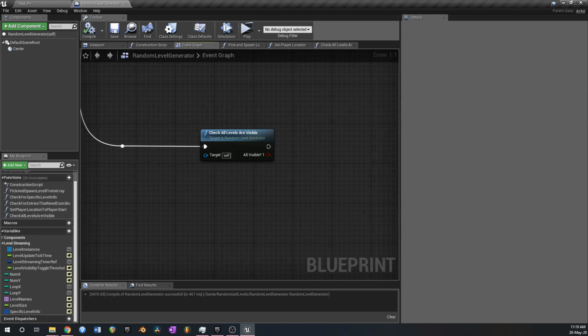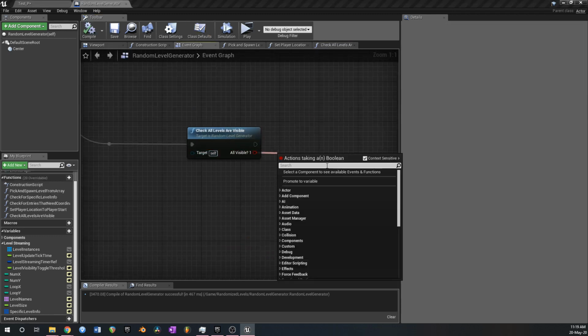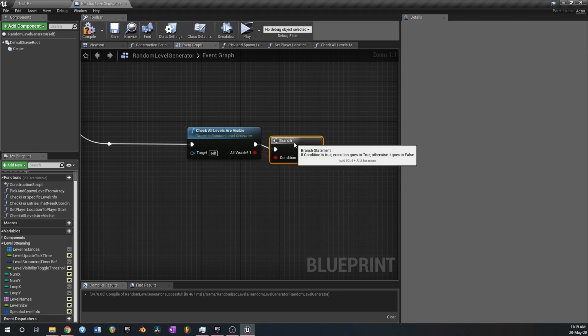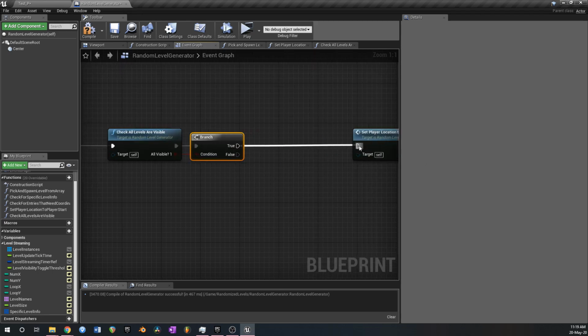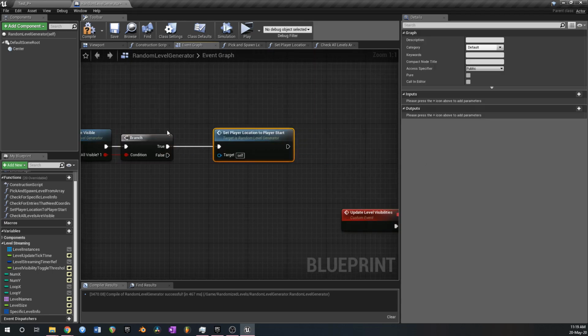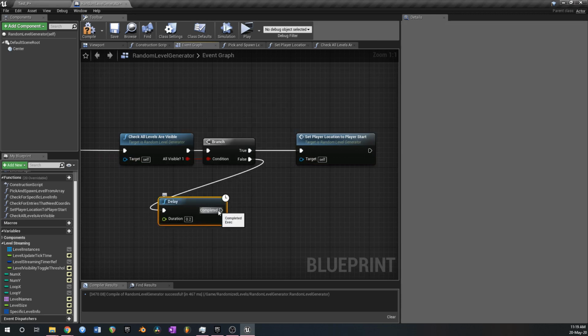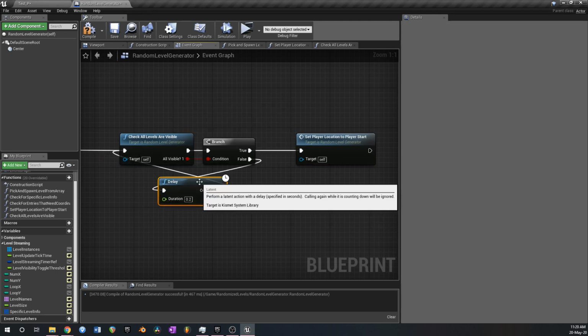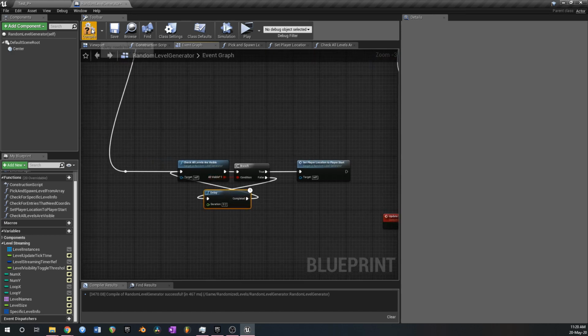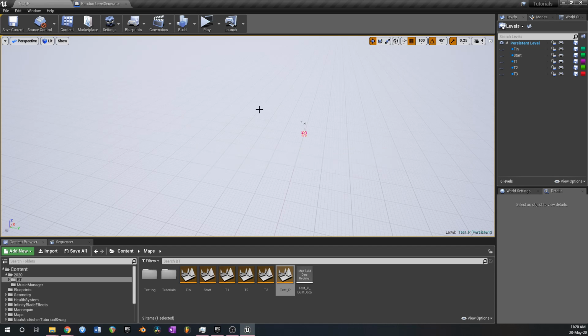So now what we get is this check all levels are visible function. We're going to have a branch off here. If they're all visible, we're going to go ahead and set the player location to the player start. If they're not all visible, we're just going to have a delay down here of 0.2 seconds, which is going to go back into there and continue to check until they're all loaded in and we can set to the start. So now,